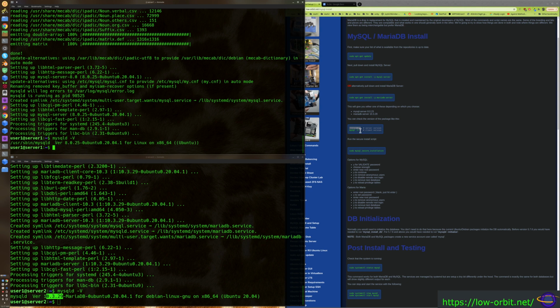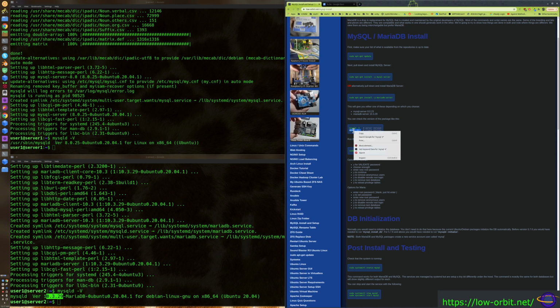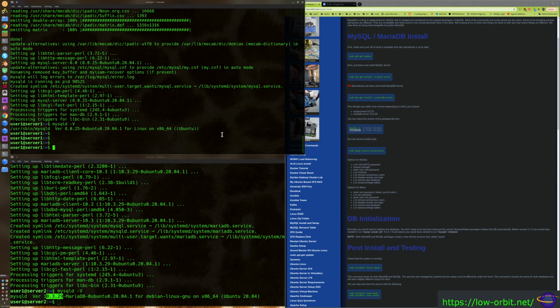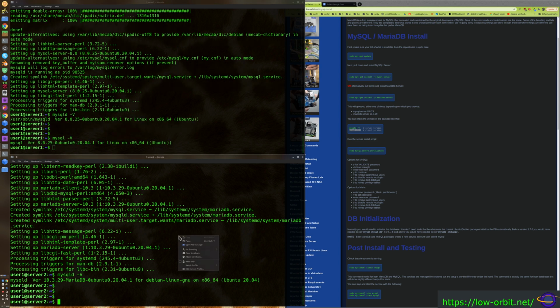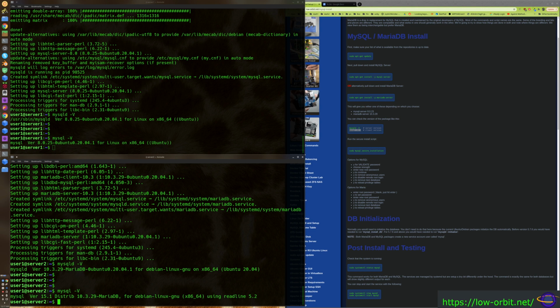So the client is actually... the server version is probably what you want to pay attention to most, but worth noting, the client version can differ from the server version. And so the client came along with the same package, but it's going to have a different version for some of these. So you'll notice for MySQL, the client version 8.0.25 matches the server version 8.0.25, but with Maria, the server version was 10.3.29, and